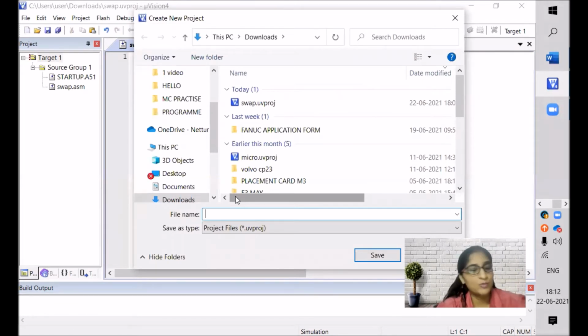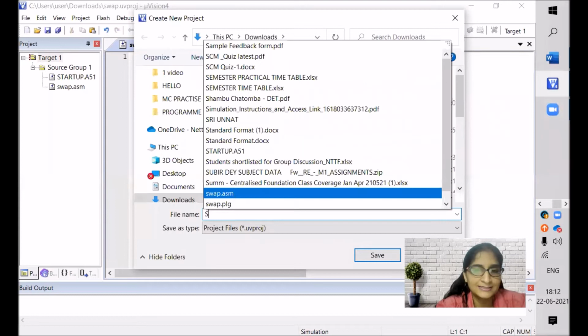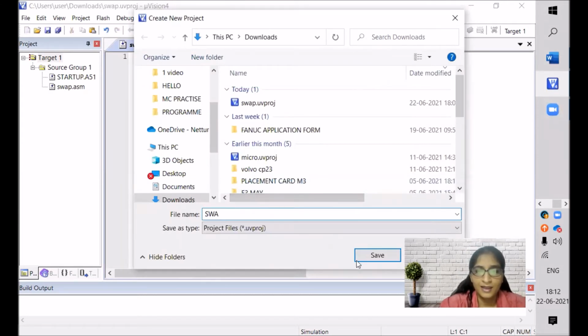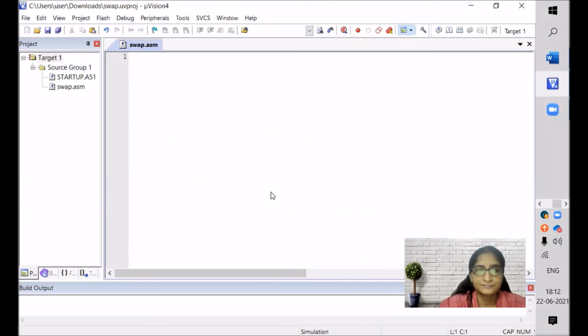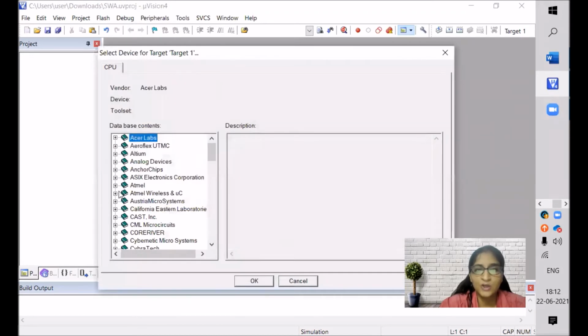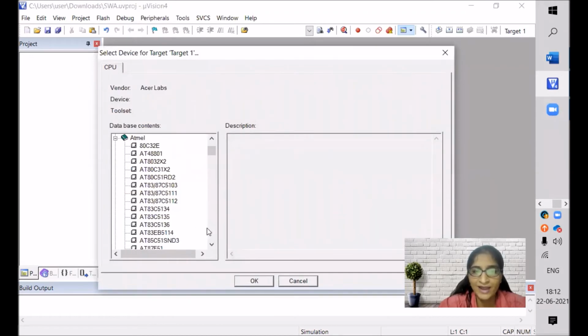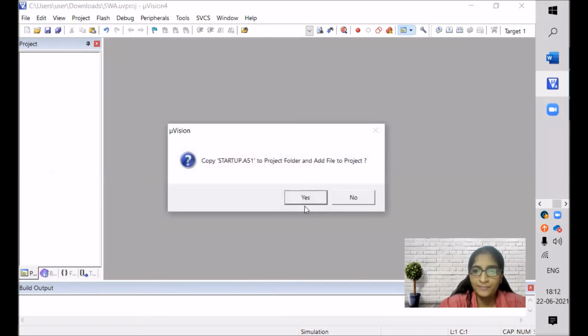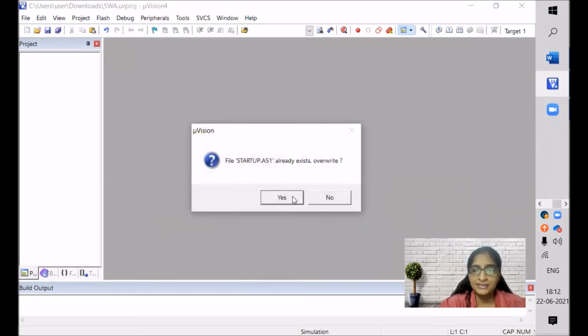As we are doing swapping, we can write SWA and save. Now we need to select the IC. So Atmel, then we'll search AT89C51. Click on OK.